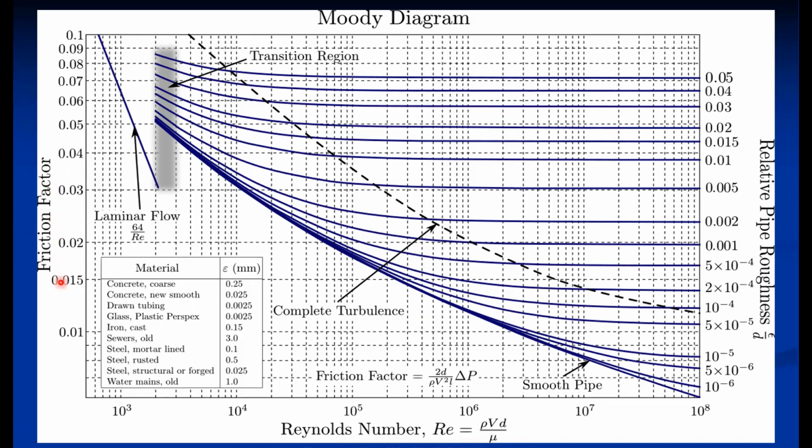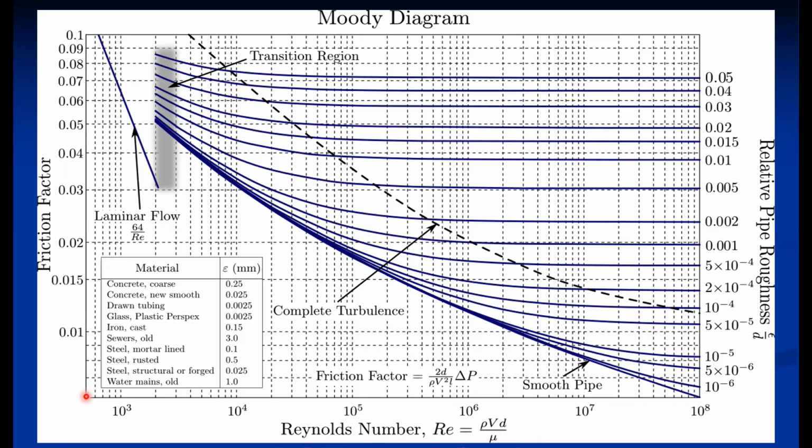So on the y-axis, we have a friction factor. On the x-axis, we have a Reynolds number. Experimentally it is found that this particular curve is developed using a semi-empirical relation as well as the experimental data. It is found that at the Reynolds number, or the velocity, because the only variable in this particular equation is velocity. For a particular situation, the pipe diameter is constant, rho is constant, mu is constant because the fluid is same.